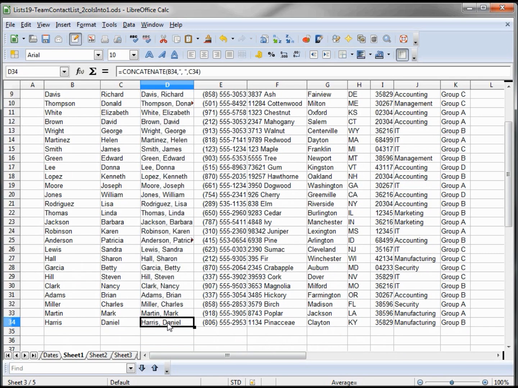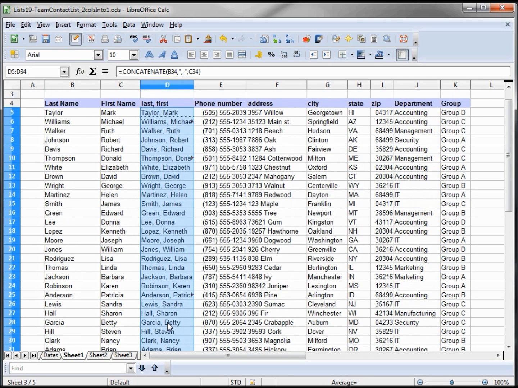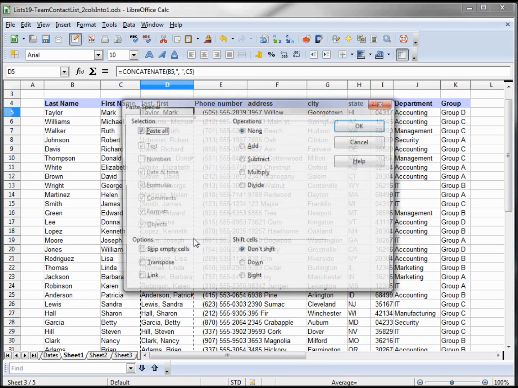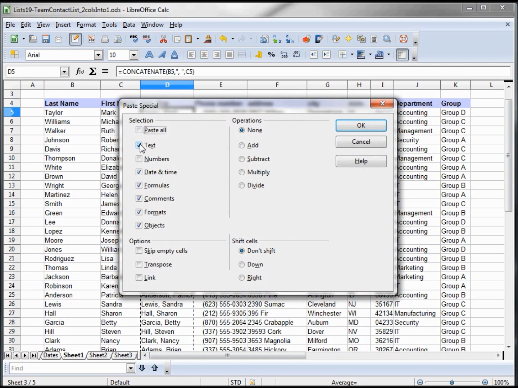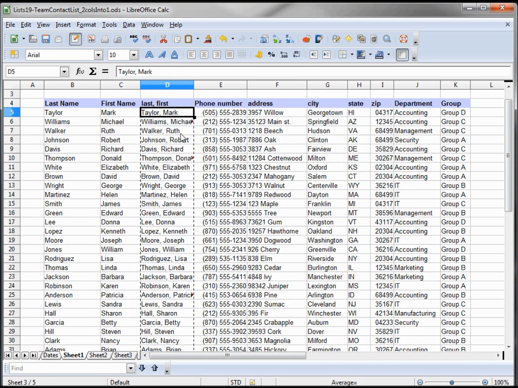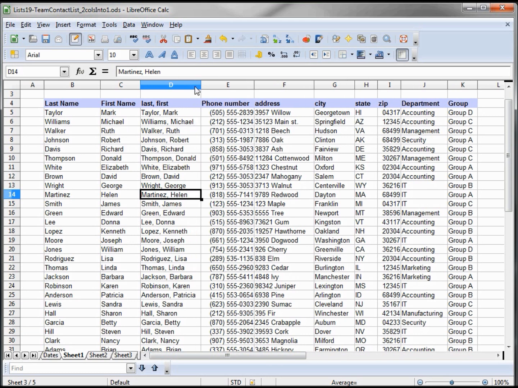And to get rid of the concatenate, we would do this similar to what we did with the numbers earlier. We copy, then I'm pasting into the same cells, but I'm pasting special. Paste special, and now I just want the text, similar to what we did with the numbers last time, and I say yes. So now the concatenate is gone and this is all in one column. Let's make the column width good.